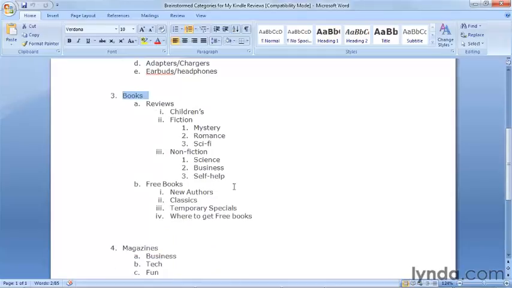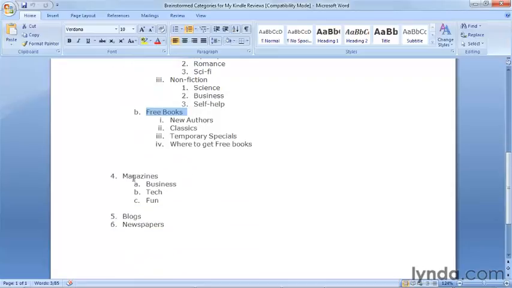Along with book reviews, I noticed searches for free Kindle books. It seemed to me that reviewing and listing free books could really be a good draw to the website and also come in handy later on for attracting links to the website. People love free lists and are more likely to link to them than things that cost money. The Kindle also allows you to subscribe to magazines as well as to blogs and newspapers, so I added them